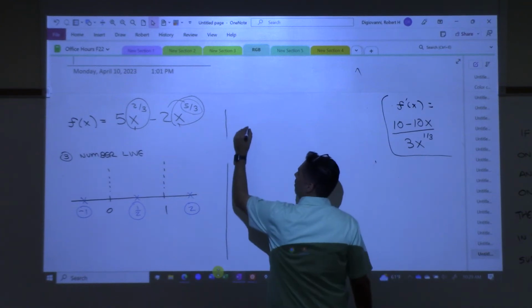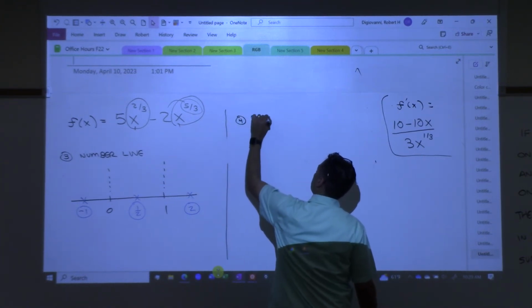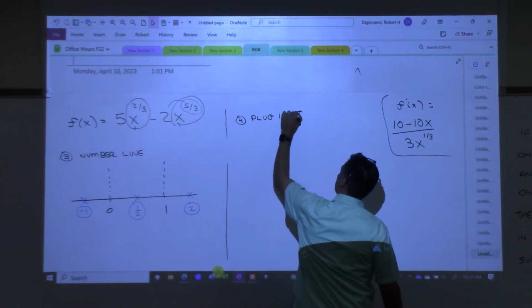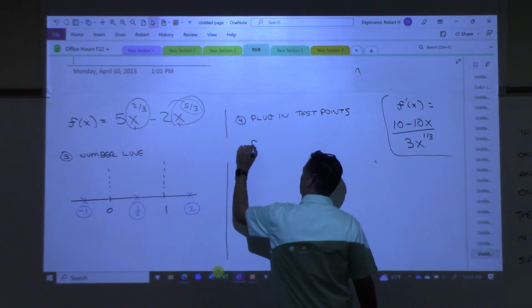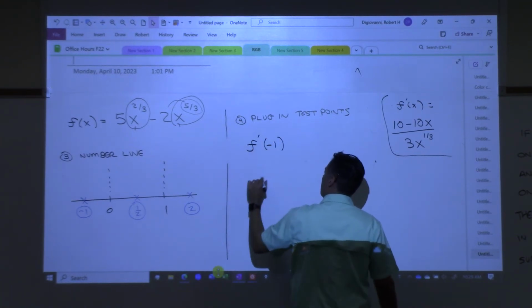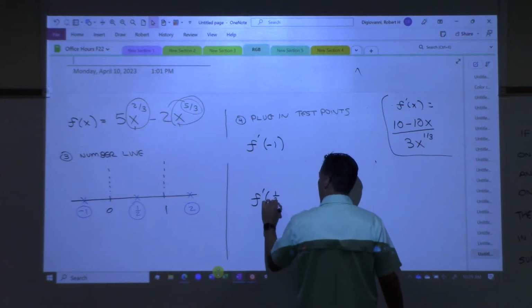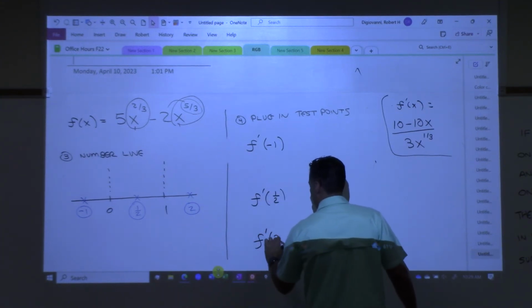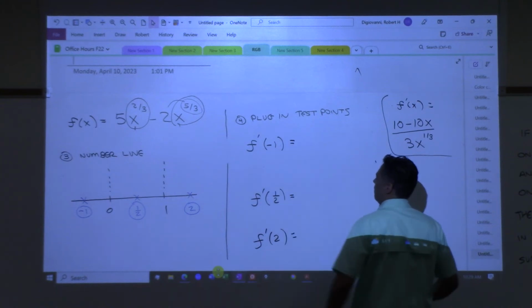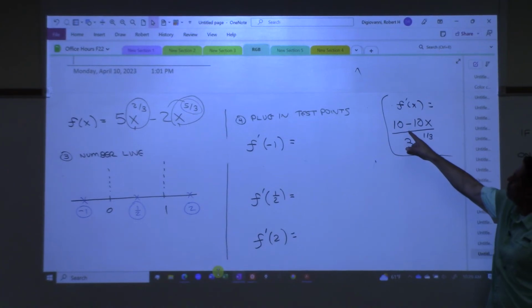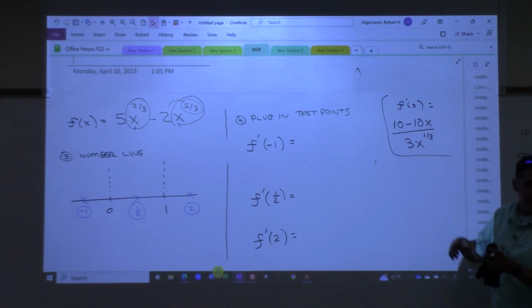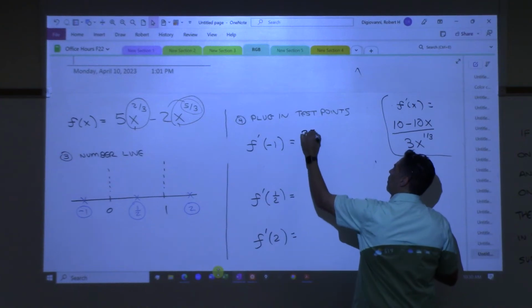Okay, so what I need to do now, 4th step, plug in test points. So I need the derivative evaluated at negative 1. I need the derivative evaluated at a half. I need the derivative evaluated at 2. The derivative, right? All right, let's plug negative 1 in here. If I put negative 1 right there, makes that a negative 10, but then a negative already. So that'll be a 10 plus 10 on top. That's 20 on top. Over